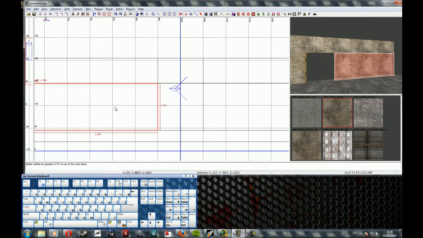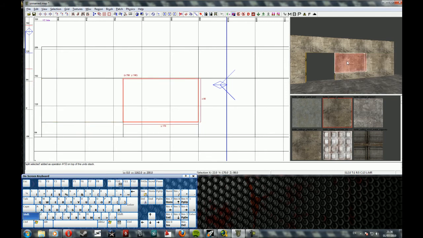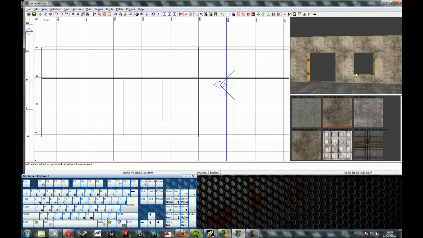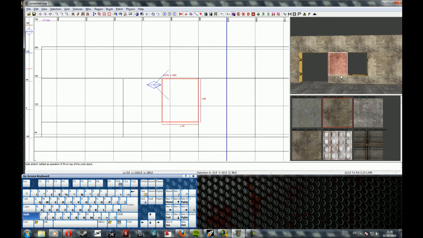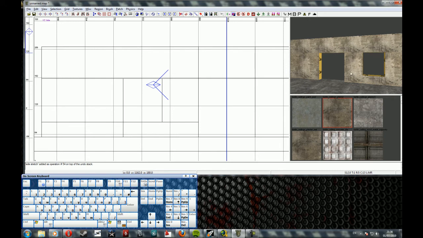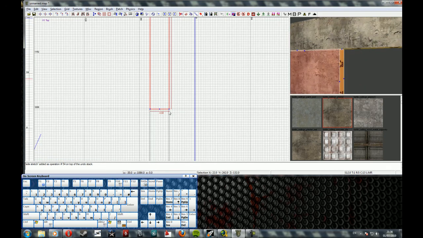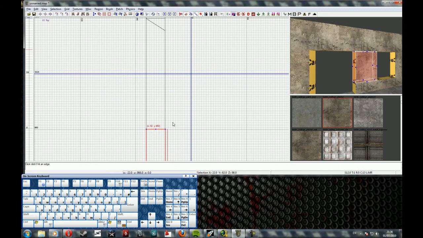I can do the same for windows. I just do this. Cool. So I've got a door frame and a window, which is a lot quicker than individually making all these brushes. It's a lot quicker to just cut walls out of it. And then you can also apply slants to these brushes and do what you want with them,